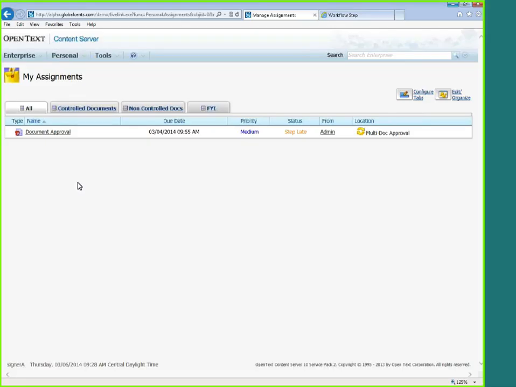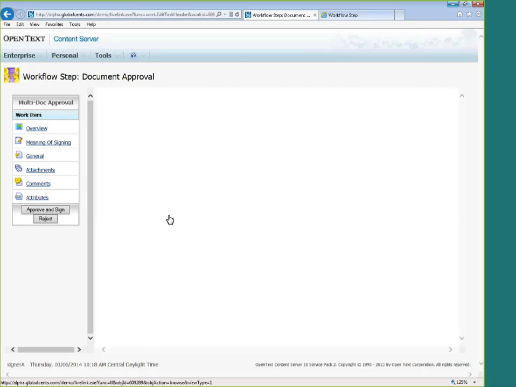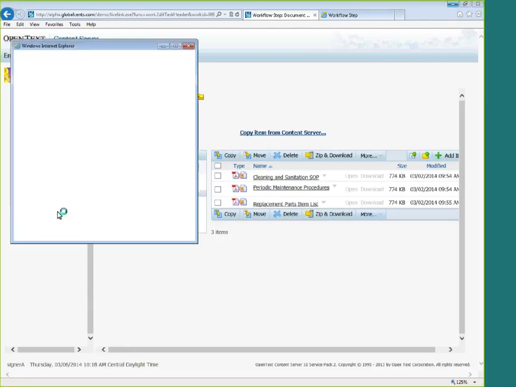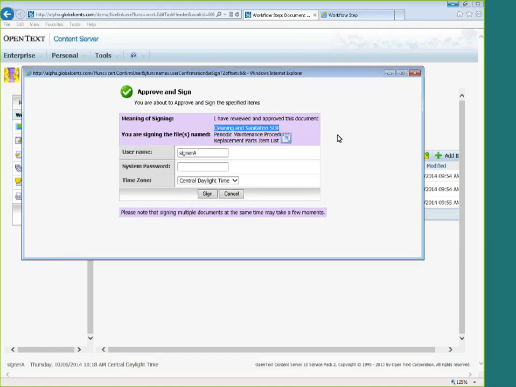Let's take a look. A step in a standard workflow interface configured with multiple documents for review would look like a normal signatory step. As you can see, there are multiple documents in the approval documents folder that need to be signed. When you click the disposition button, you're shown the documents that will be signed or rejected. So you're actually given the list of which documents you will be signing or rejecting depending on your disposition, and given a little note if you're approving them that tells you it may take a couple of seconds to get the signatures on all of the documents.